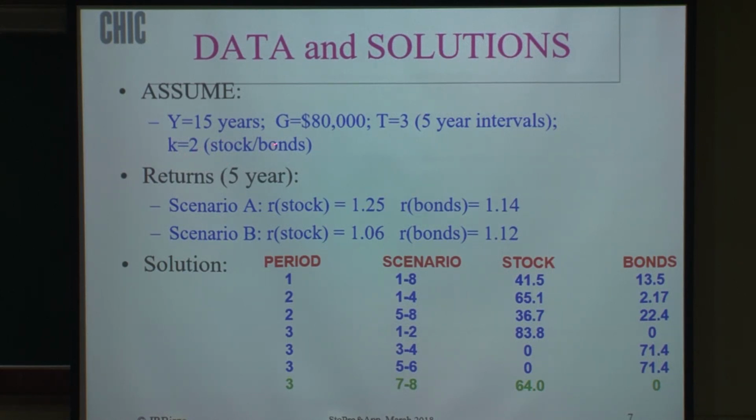So you could think of bonds as kind of like cash. And let's say the scenarios are this. The scenarios are stocks go up 25%, bonds go up 14%, or stocks only go up 6% while bonds go up 12%. In other words, stocks either go up more or less relative to bonds. And so these are the returns that we have for each of these 5-year periods, and I want to get